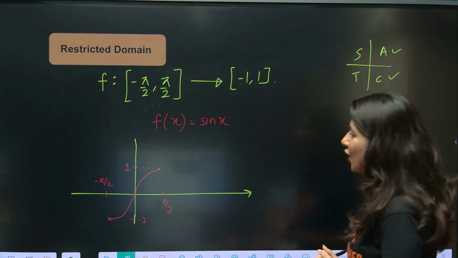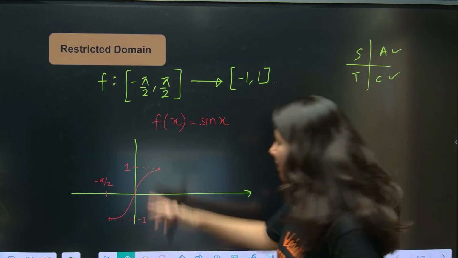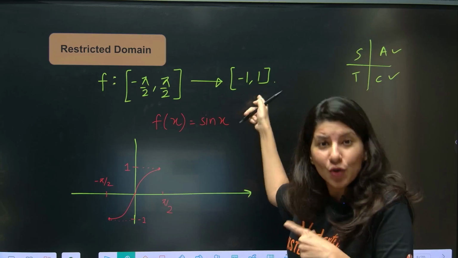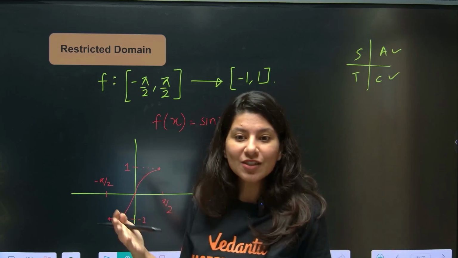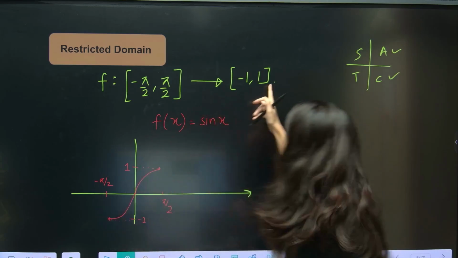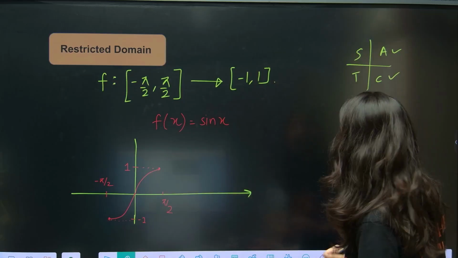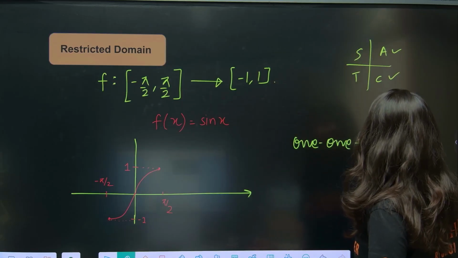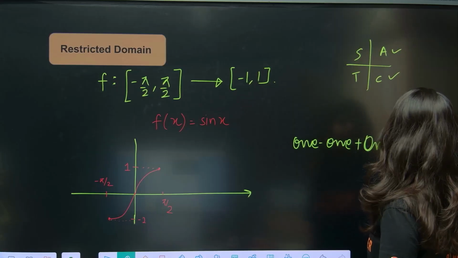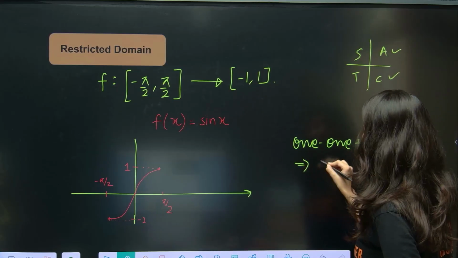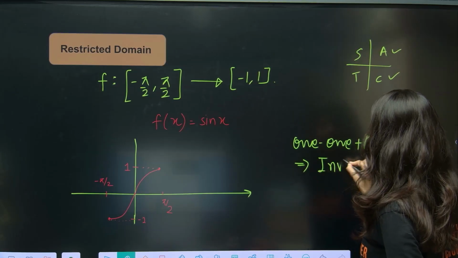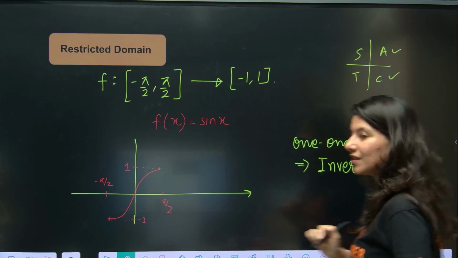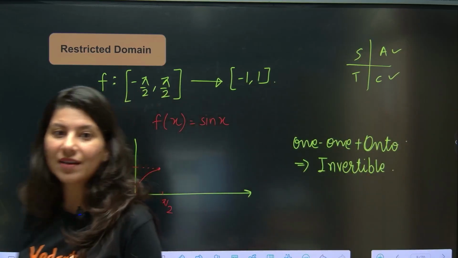And now what is the range of this sin x? Ma'am, range, it is very obvious, -1 to 1, and my codomain, this is a customized codomain. So my codomain and range are also matching. So now this function is 1-1 as well as onto. So hence this function is bijective, or you can call it invertible, and hence we can now study inverse trigonometric functions in that manner.